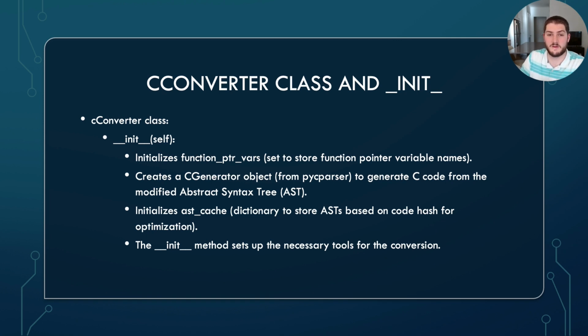Finally, the init method initializes self.ast cache. This is another attribute of the C converter class, this time a dictionary. It will be used to store previously parsed ASTs. The keys of the dictionary will be hashes of the C code, and the values will be the corresponding ASTs. This allows that if we encounter the same C code again, we can retrieve its AST from the cache instead